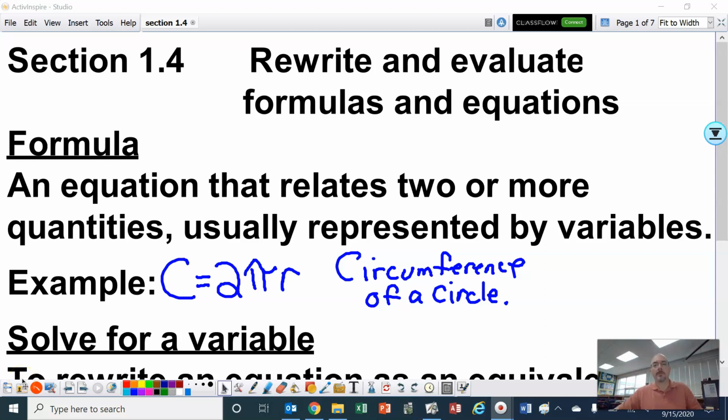Hello, ladies and gentlemen. Mr. Ellering here. I'm going to go ahead and do the lesson for section 1.4, which is to rewrite and evaluate